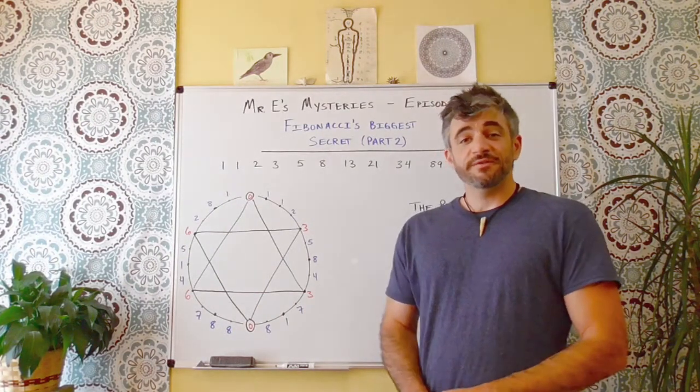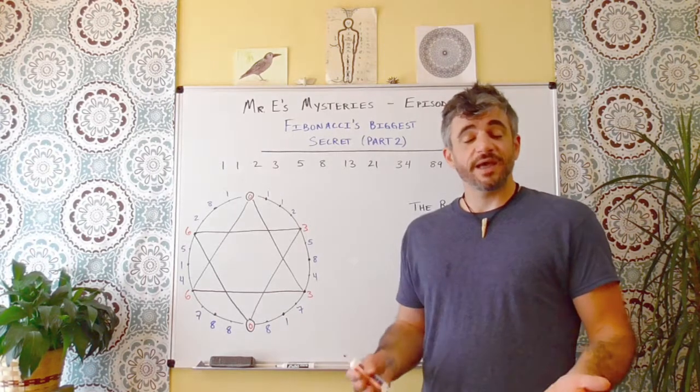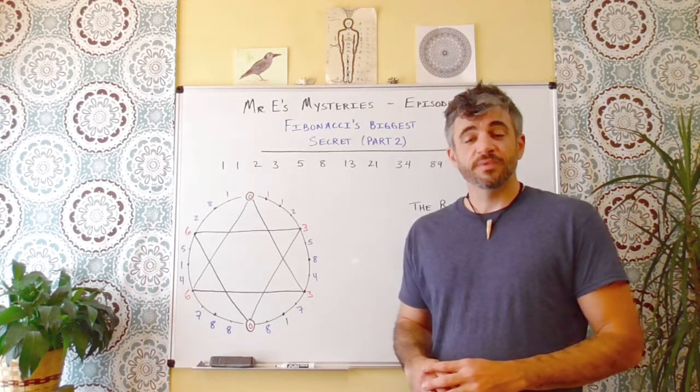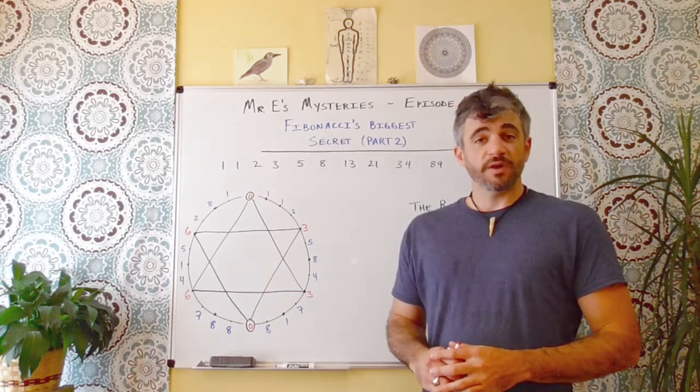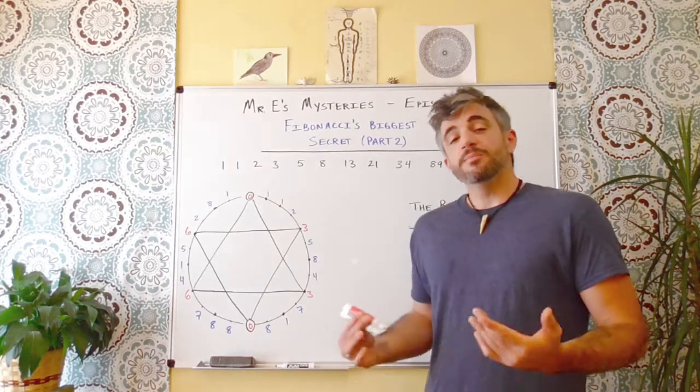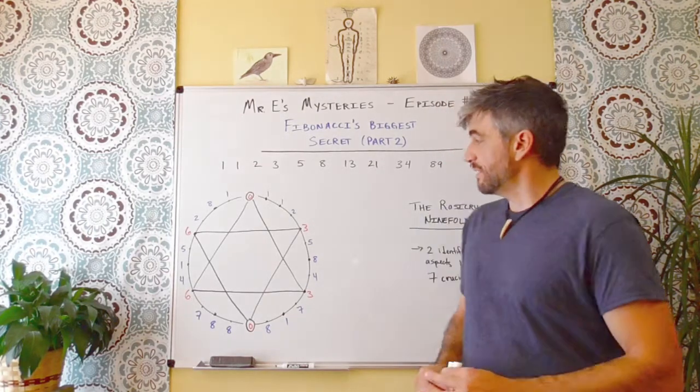Now let's turn to the ninefold human and see how I constructed that track using, again, the Fibonacci sequence and now a Mod 9 lens. Again, refer to episode 1 if you'd like to see more about how the Mod 9 lens applies to the Fibonacci sequence, but you'll see the end result here in this episode.